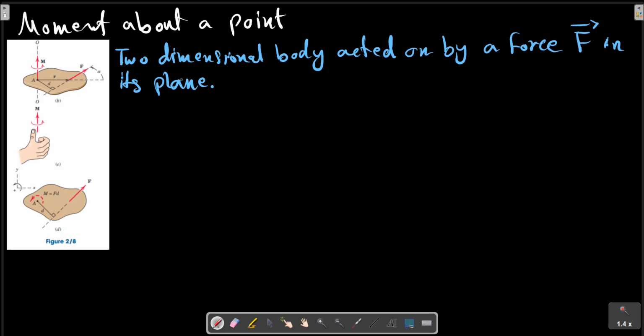The magnitude of the moment, or tendency of the force to rotate the body about the axis OO, this axis,